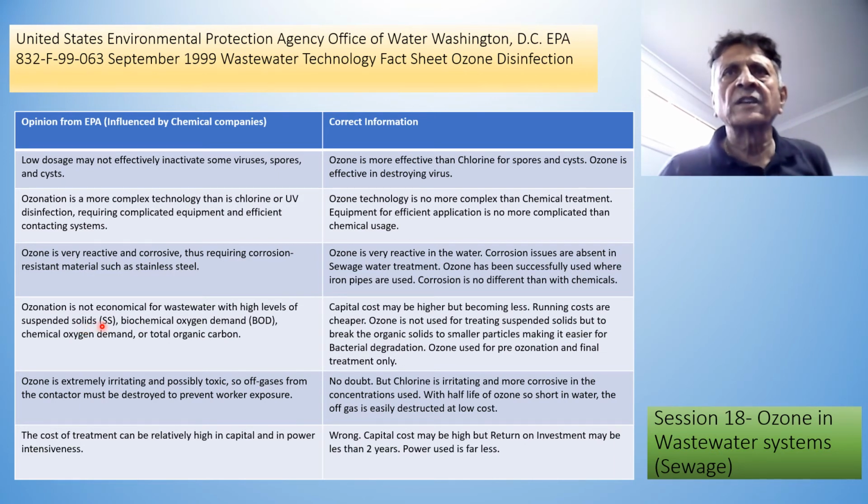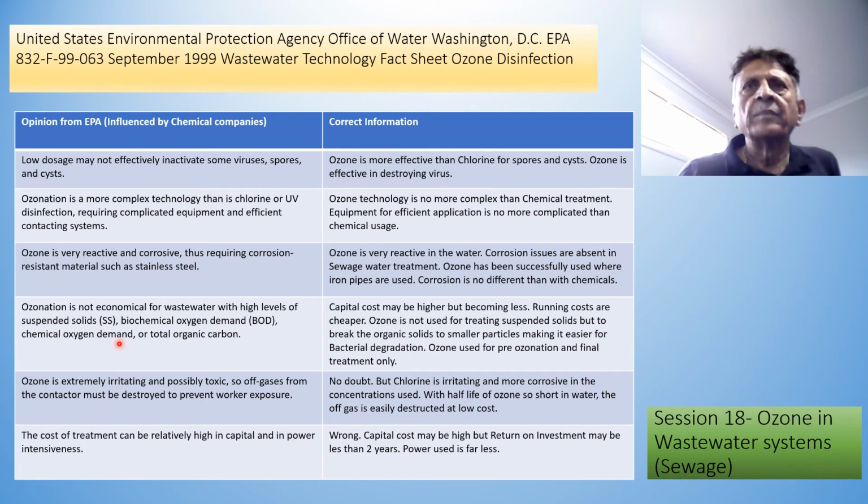Ozonation is not economical for wastewater with high levels of suspended solids and BOD, chemical oxygen demand and total organic carbon. That is not correct. The capital cost may be higher, but is becoming less. Yes, 20, 30 years ago, it was almost impossible to produce very high concentrations of ozone because the equipment was not capable of producing. But currently, we are able to produce hundreds of kilos of ozone per hour, and considering only a small quantity is required compared to the chlorine, hundreds of kilos are more than sufficient for treating any form or any